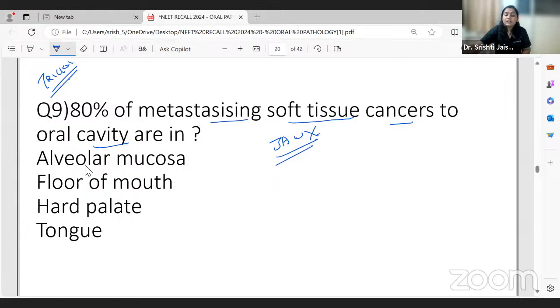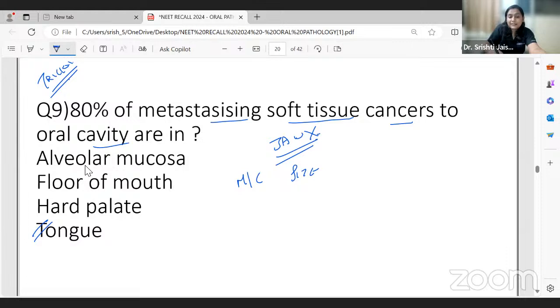jaw was not there in the option. So the next better option goes to the tongue. So it is written that tongue shows higher tendency to metastasize to any other parts of the body, and it shows lymphatic spread. So if we can correlate with that, I would say that the best option goes with the tongue. But I know that most